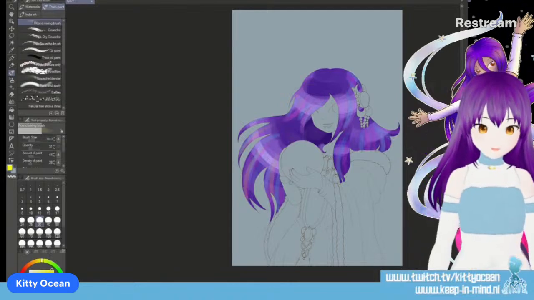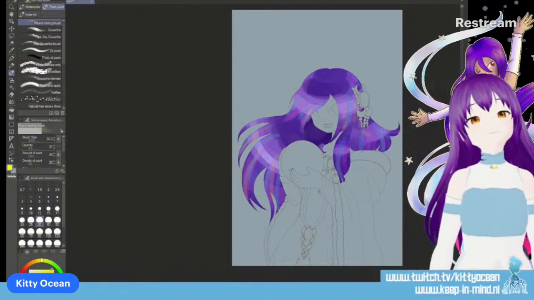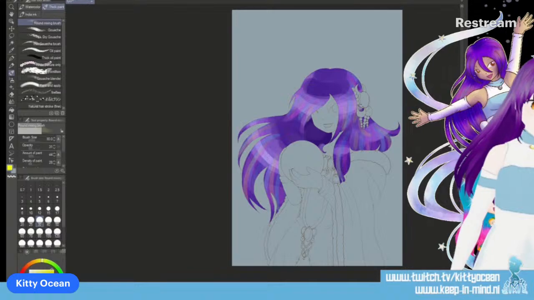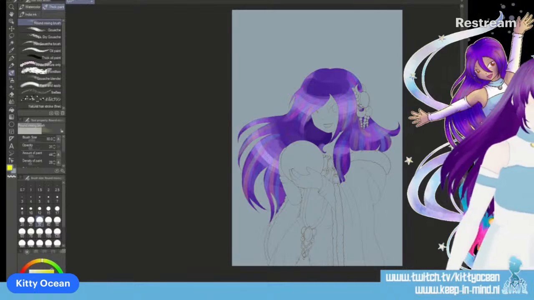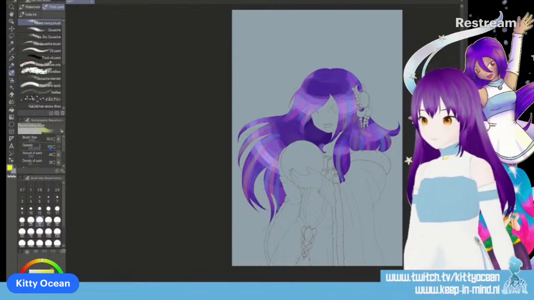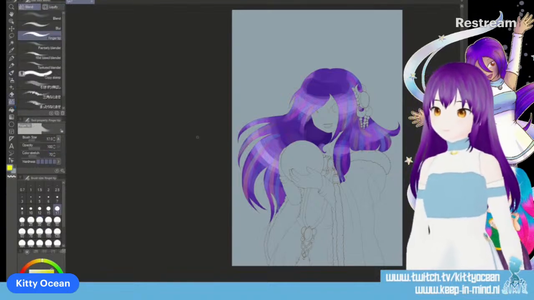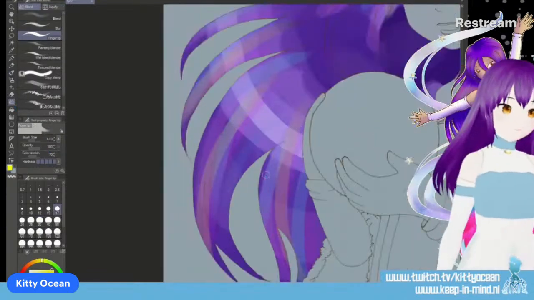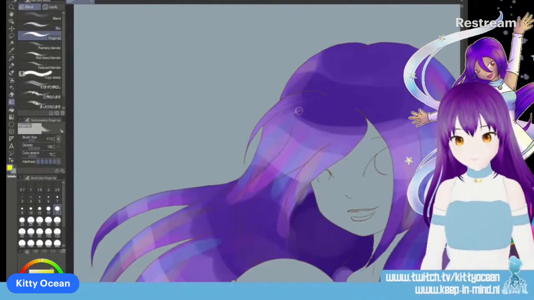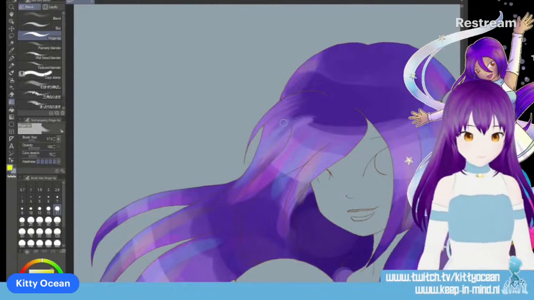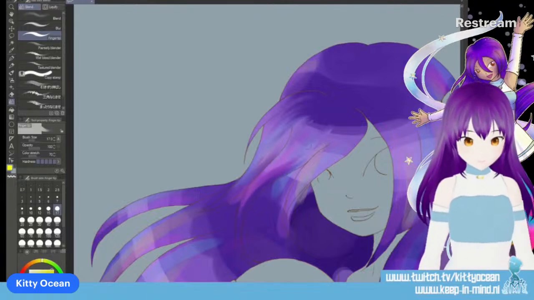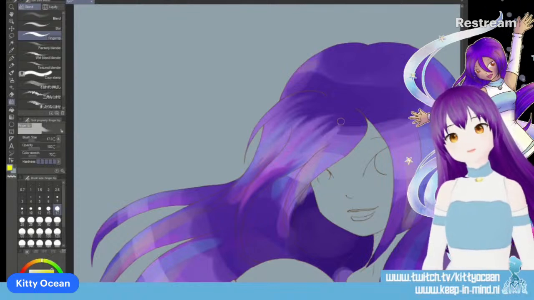Don't think the yellow is going to look good yet, but I always give Narako rainbow hair if I can. Does she have rainbow hair in the story? Nope. Do I like it? Yep. So that's why I'm doing it. Always go in the same direction.